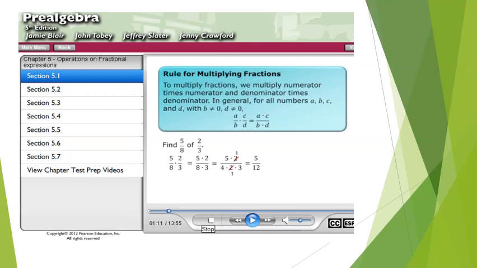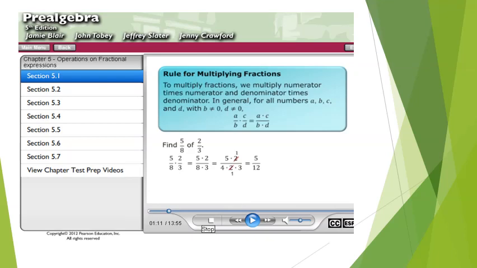Okay, so the rule for multiplying fractions is probably the easiest thing that you can do with fractions. There's no flipping of any fractions. There's no borrowing or trying to find common denominators of any kind. It's basically just you're multiplying the numerator times the numerator. You're multiplying the denominator times the denominator, and that's it. That is all you need to do with multiplying fractions. Whenever you see the word "of" in multiplication in mathematics, it always means